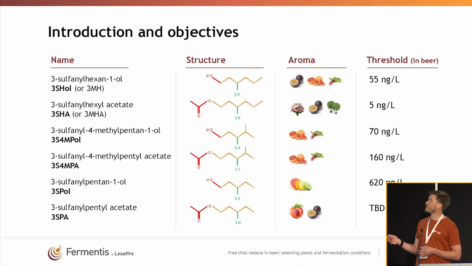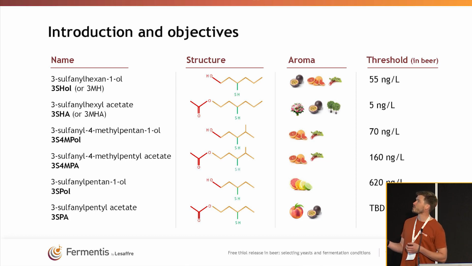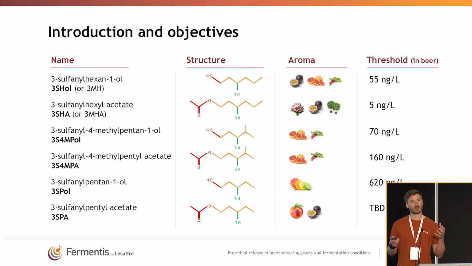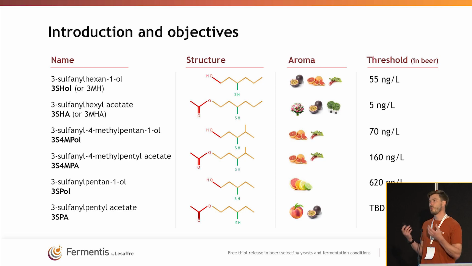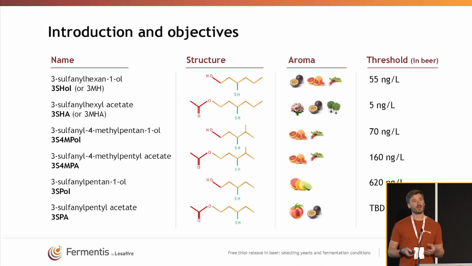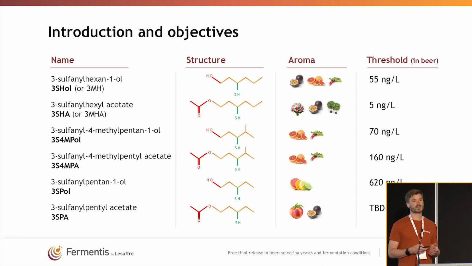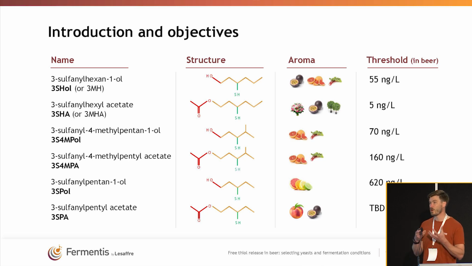And then what you can notice is that you always have pairs of thiols. So you can always find them, 3-SH, under the alcohol form. You have the OL here at the end, so it's an alcohol form of thiols. But what you will also find in beer is an esterified version of the thiol, meaning that with the activity of the yeast, you can further convert the thiol into its acetate form through esterification,